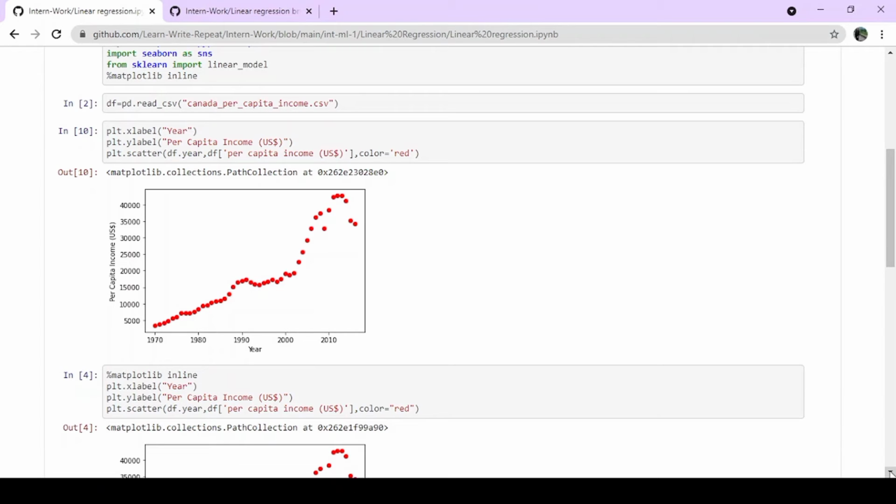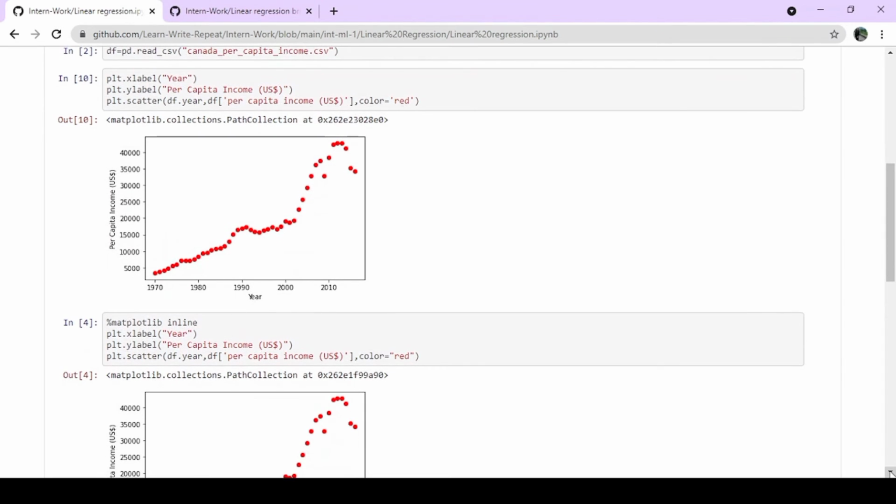Now we will have a scatter plot of this. plt.scatter df.year, year is depicted on the x-axis, and the data frame's per capita income US dollars on the y-axis, and color we have taken red. Now you can see this scatter plot between the year and per capita income in US dollars.